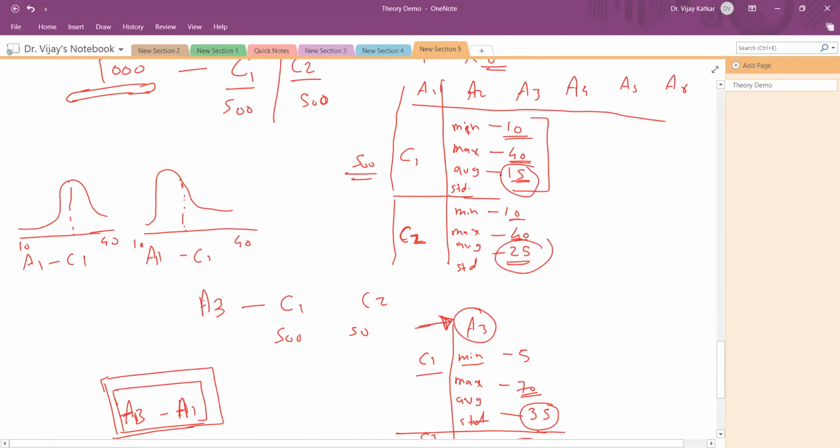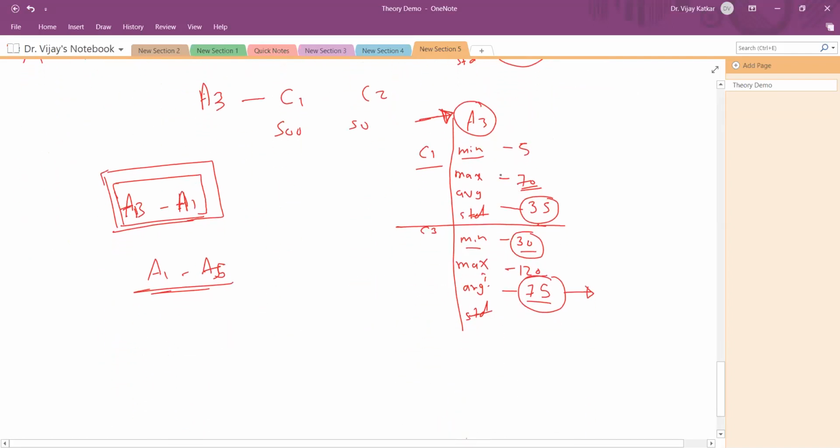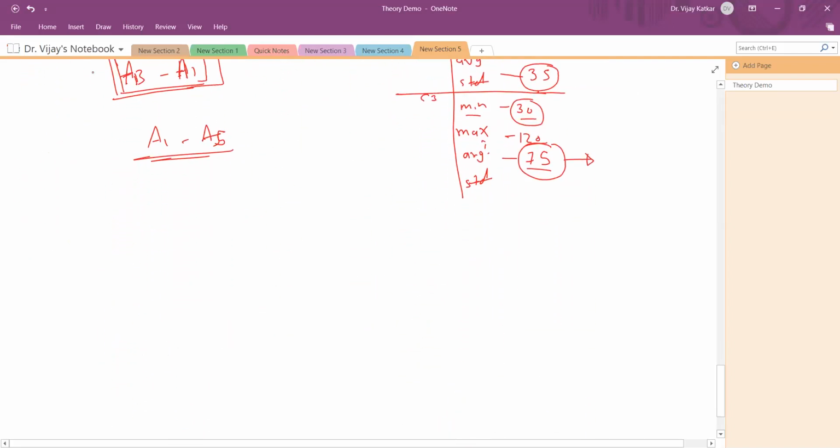If they are similar, then you understand that the data set is very difficult for classification. So for example, let's say I have attributes A1, A2, A3, A4, and two classes C1 and C2.